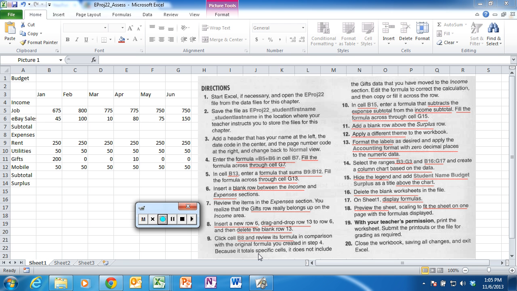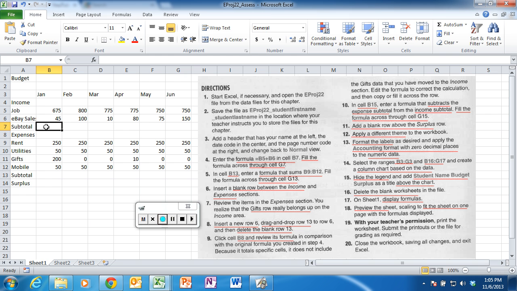Okay, this is Excel project 22, chapter assessment and application, page 414 in the student handbook. We're going to go ahead and get started with step number 4. We will enter the formula equals B5 plus B6 in cell B7. So let's look for B7 and we enter the formula